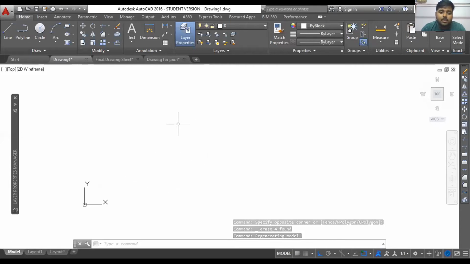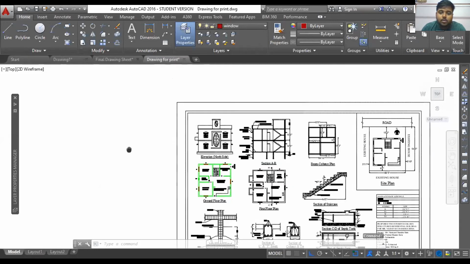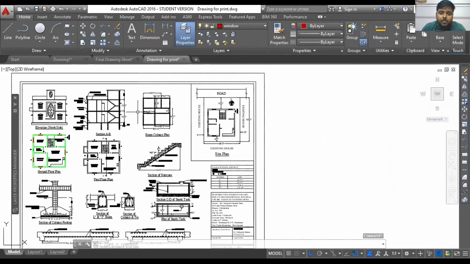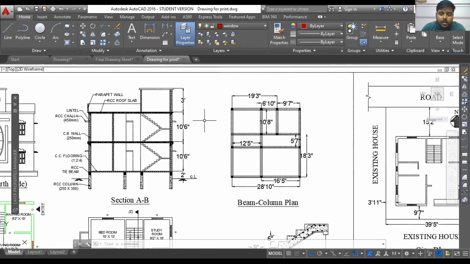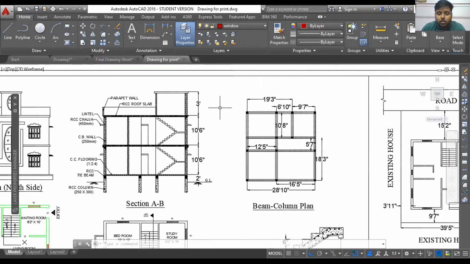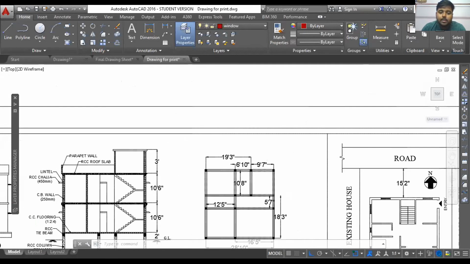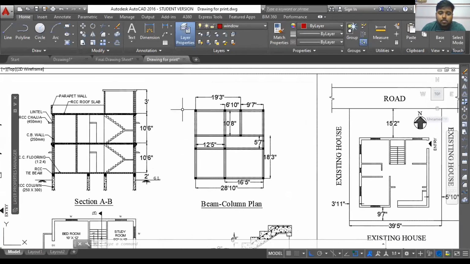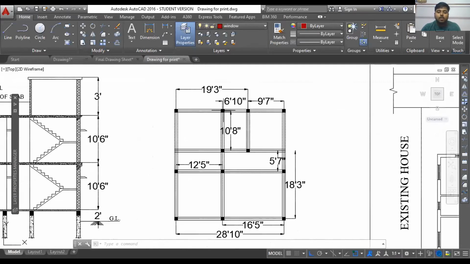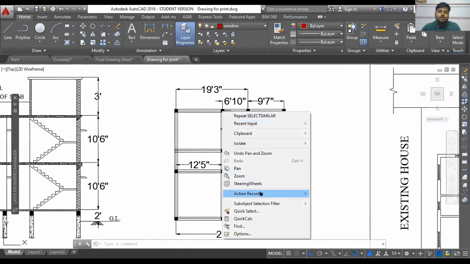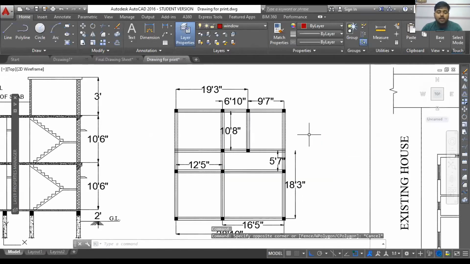And then comes selection. There are 2 different kinds of selection in AutoCAD. Those who know AutoCAD are already familiar with it, and for those who don't know, I'm telling you that there are 2 different kinds of selection. Suppose this is my object, and I want to select all the columns, not the beams, all the columns. If I have already put the columns in a layer, I can easily select one column, right click and select similar. Using the select similar command, I can select all the columns within seconds.